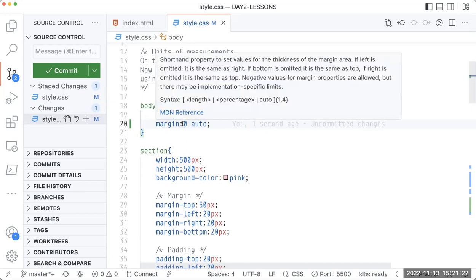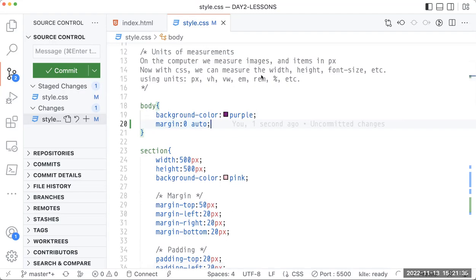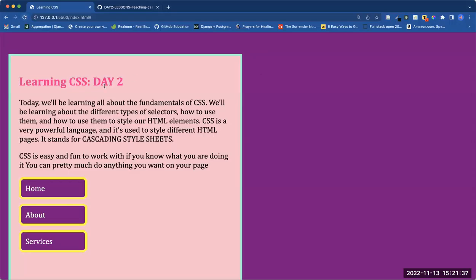Margin 0 for top and bottom, but then the left side and right side should be automatically calculated by the browser. Okay, and now you might not see anything. Now let's add a width. This is where the trick will come in. So if we say the width is, let's say,